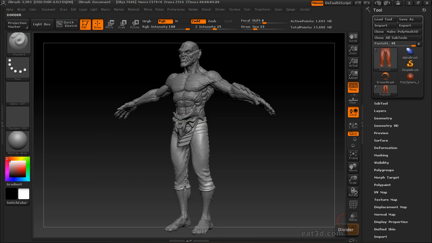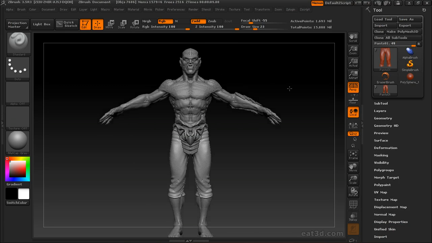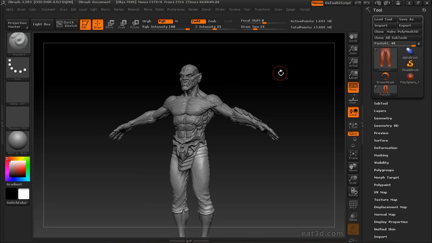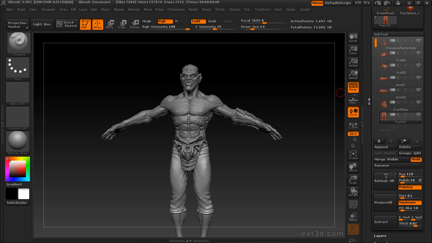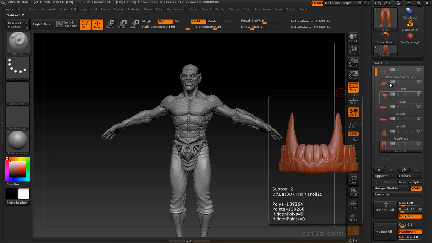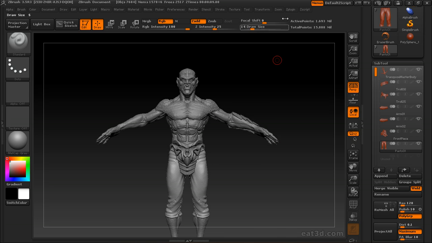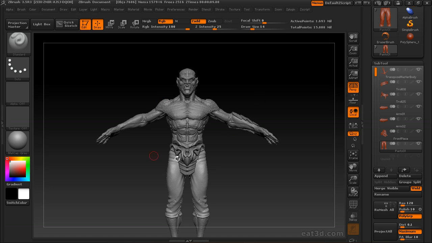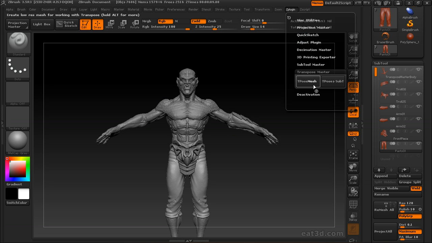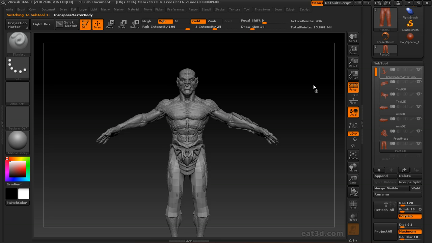All right, just using the last guy we were using for the subtool master, we're gonna do a really quick Transpose Master demonstration. So we'll open up the Subtool menu, and you'll see we've got about 7 subtools there. Under Zplugin, go to Transpose Master and hit TPose Mesh. What that's gonna do is take all of our highest